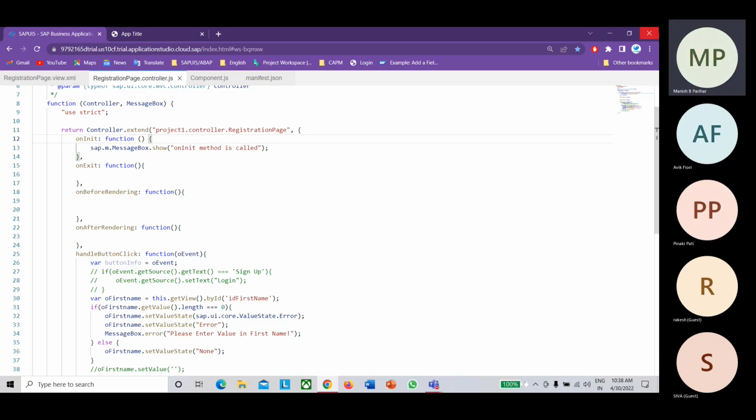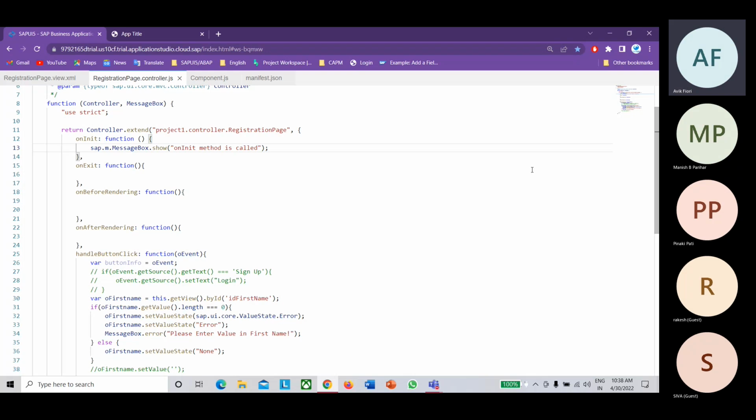Avik, one doubt on this. So you mean to say that for each controller, this onInit will trigger once? Yes. Supposedly there are 3 controllers, so there would be 3 onInit functions, right? Right. And when we go to that view the first time, only then it will get triggered, and if we come back again, it will not trigger. Yes, it will not trigger. Okay, got it.